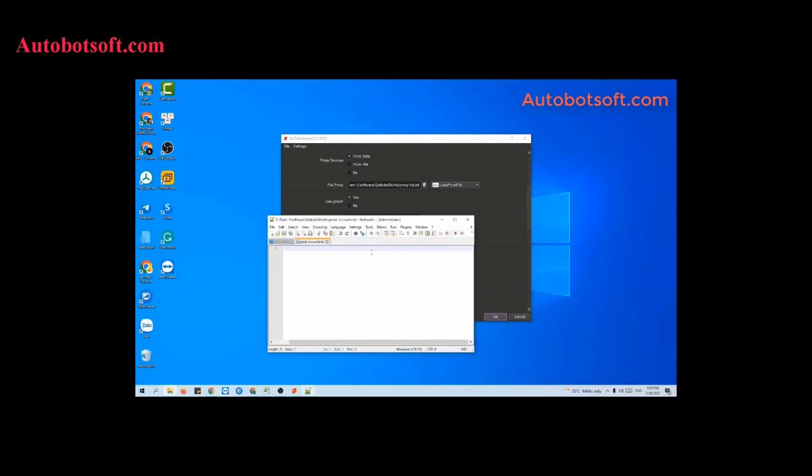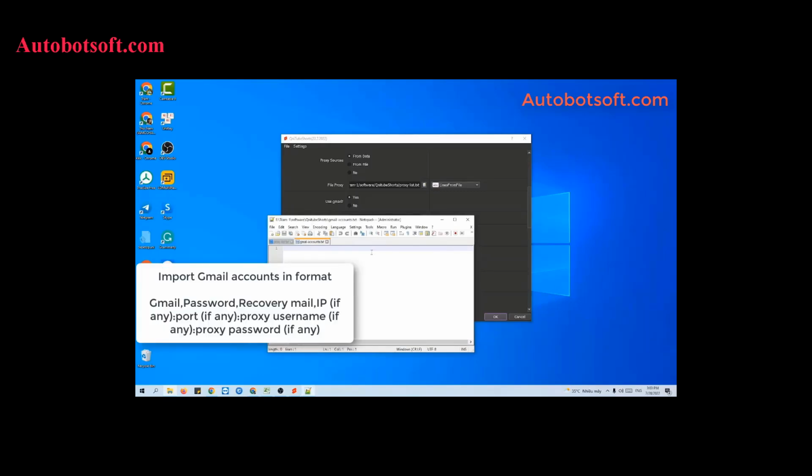You will enter the Gmail information into this text file with the format Gmail address, Gmail password, Gmail recovery mail,